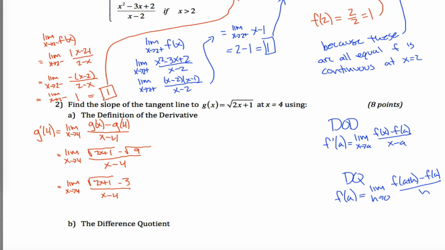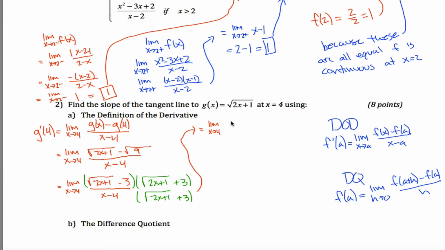And we have a trick for evaluating limits like this. We multiply the numerator and the denominator by the conjugate of the numerator to get rid of that square root. So I'm going to multiply by the square root of 2x plus 1 plus 3. I'm going to do that on both the top and the bottom. And maybe up here, I could say that that is equal to the limit as x approaches 4 of,